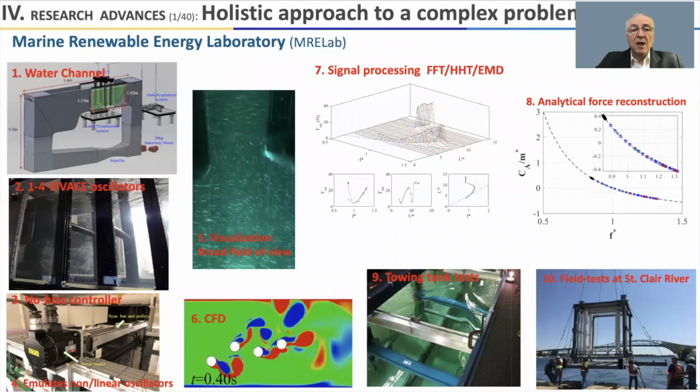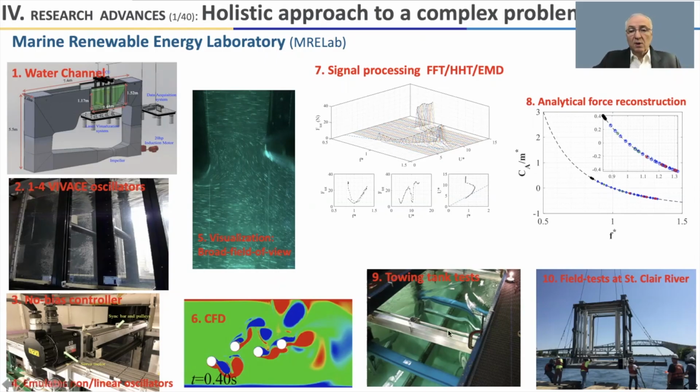If you do that, be careful not to include in the closed control loop the hydrodynamic force that you would possibly measure. We conduct visualization, broad field of view visualization, because what is very important to us is the relative position of the bodies that oscillate to the vortices and the shear layers. We have identified 9 patterns of relative motion between cylinders. Some of those patterns produce a lot of energy, some do not. Computational fluid dynamics is very helpful, particularly in understanding the interaction between bodies, shear layers, and